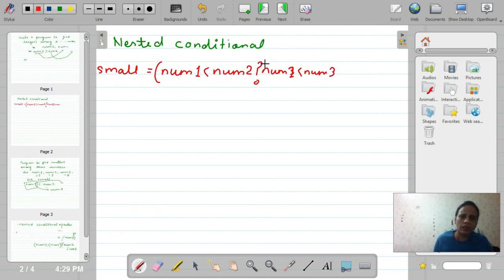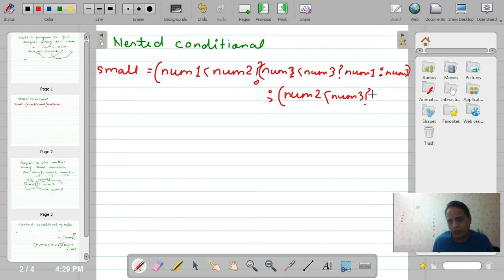If this is true, then num1 will be smaller, else num3 will be smaller, because num1 is already less than num2. If the first condition is not true, then we check num2 against num3. If this is true, then num2 will be smaller, else num3 will be smaller. So this is how we write conditional statements nestedly, meaning we can write a conditional statement inside another conditional statement.